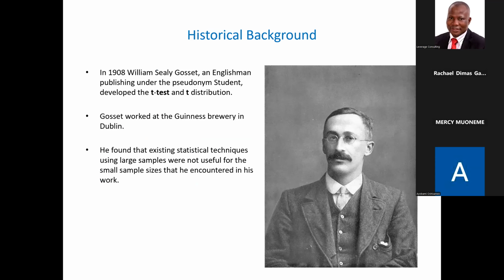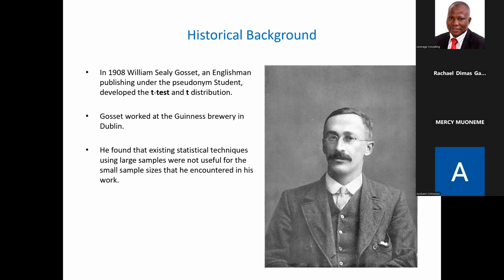Now, let's just have some historical background. You can see a picture of somebody. In 1908, William Sealy Gosset, an Englishman publishing under the pseudonym Student, developed the t-test and t-distribution. Gosset worked at the Guinness Brewery in Dublin. He found that existing statistical techniques using large samples were not useful for the small sample size that he encountered